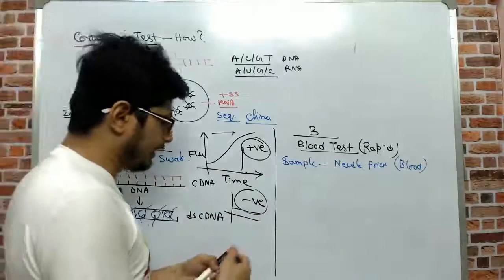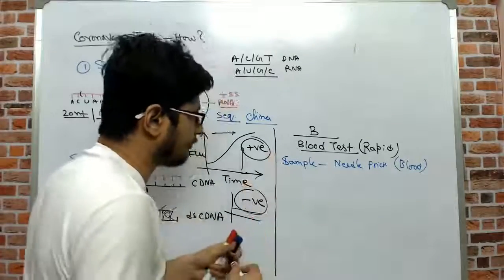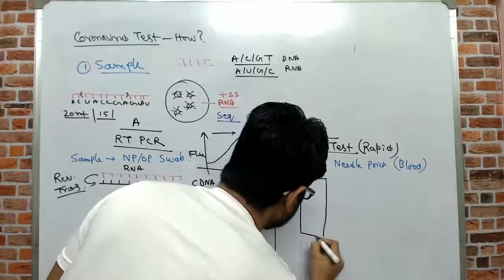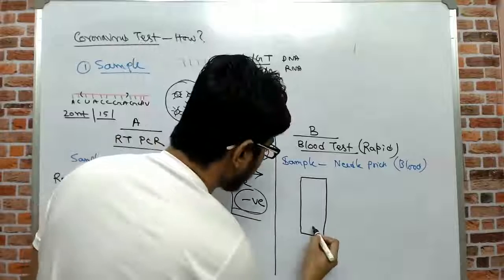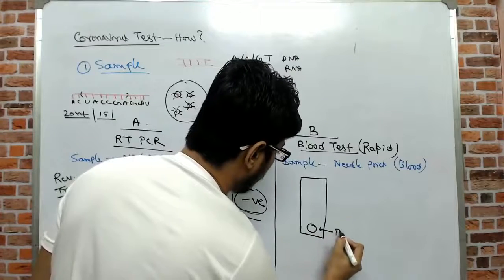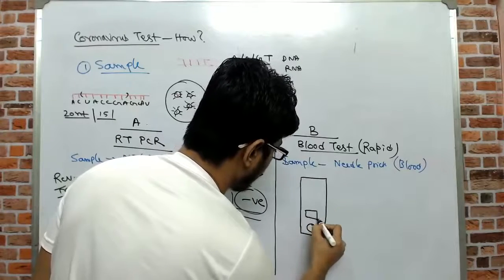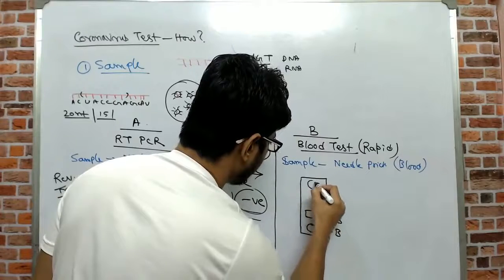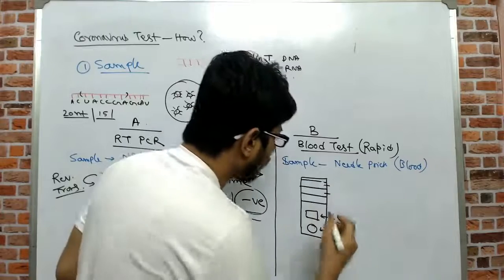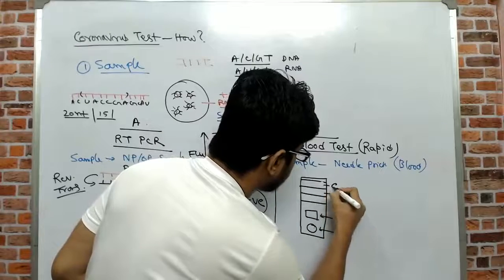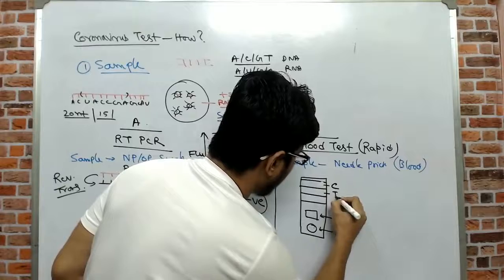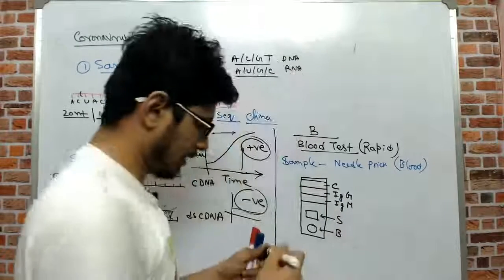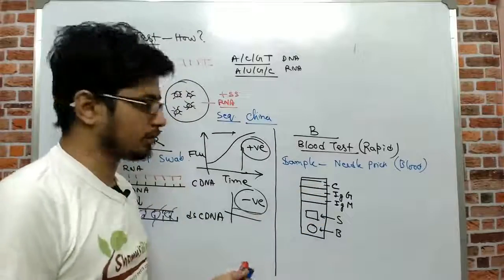In this case, this test kit looks very simple, just like a pregnancy test kit. If you are familiar with a pregnancy test kit, it's a similar kind of kit. It has one point here known as a B point, one point known as an S point, and then it has a C region here. Here C is marked, IgG is marked, IgM is marked. So this is how the test kit looks.